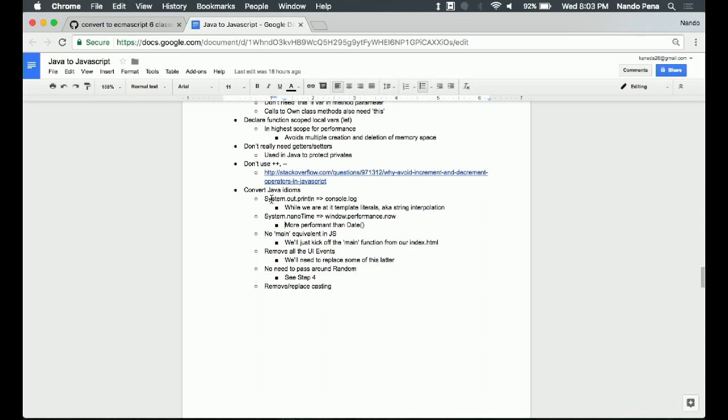Then the last thing is we have a handful of other Java idioms that might not have exact parallels inside JavaScript. So we don't have system out print line or system nano time. I'm just going to use the equivalent. Console log, Windows performance now, these are ways to keep time and ways to log output. I use web performance now. You could also have used date, but performance now, it says it is a higher performance.